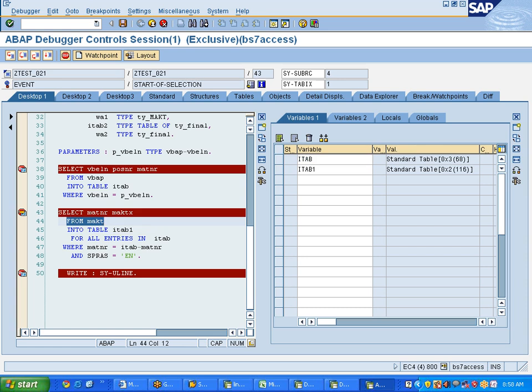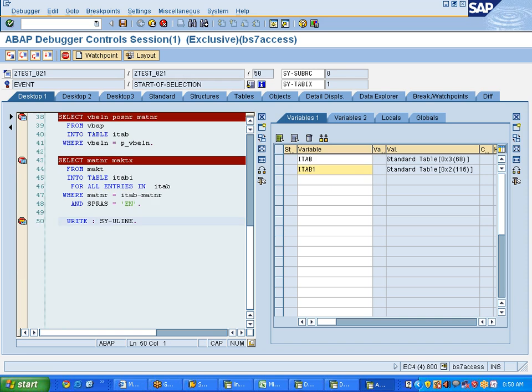For all entries of iTab, get the data from the MAKT table and put it into iTab1, where material number is equal to iTab material number, SPRAS is equal to English. Now tell me, after this step, how many entries should come in iTab1? No entries, sir, because there are no entries in iTab. Yeah, so our expectation is no entries should come into iTab1. But if you observe how many entries are coming,